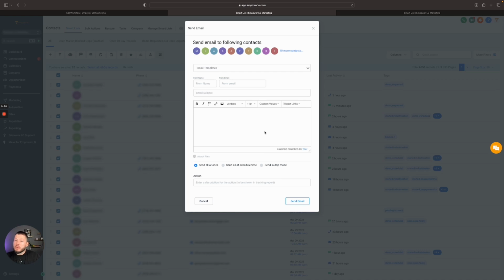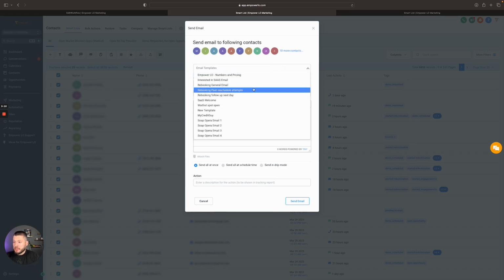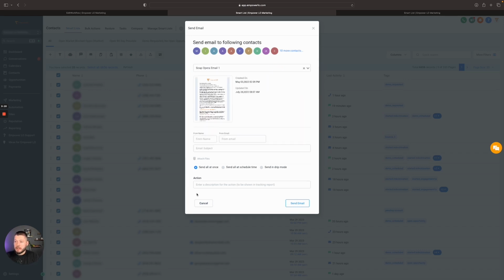And if you wanted to check what that template looked like, or you wanted to edit that template in any way, you would have to go back out of here and go into the email builder, select the template, and make your changes there before either sending the email from there or coming back here and starting the process over again. So now what we have the ability to do is select a template,